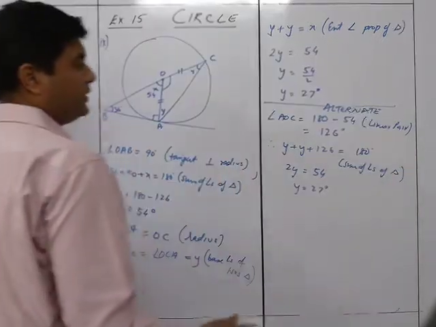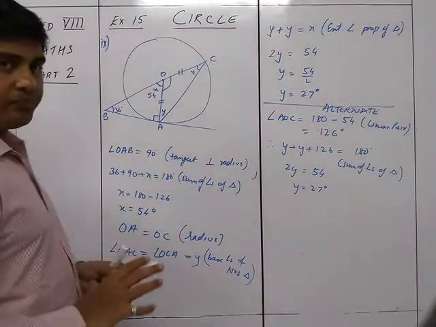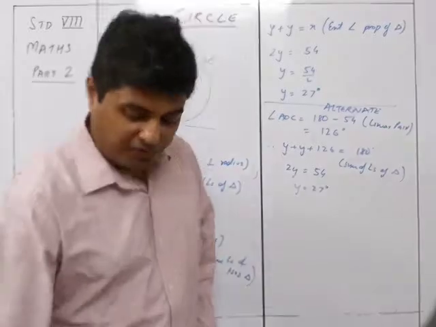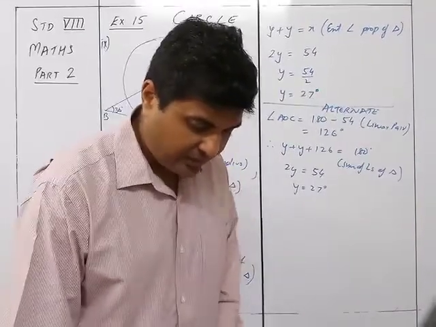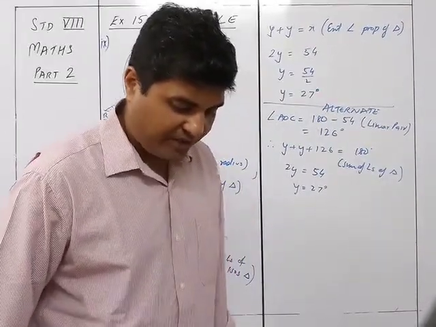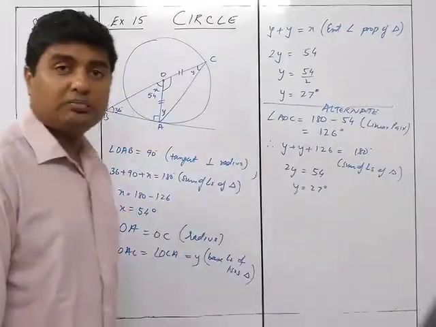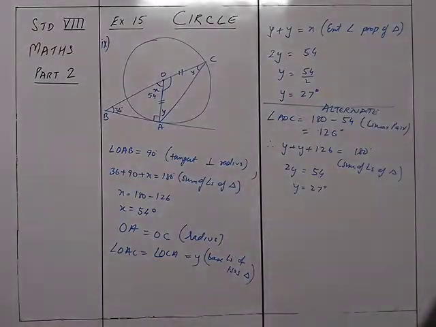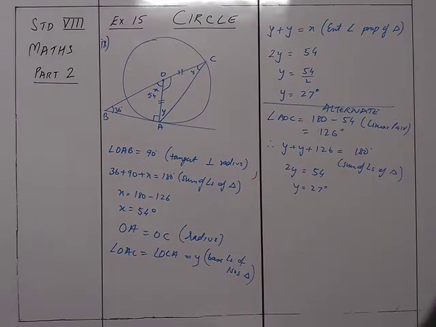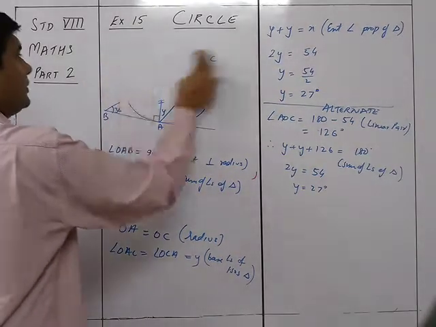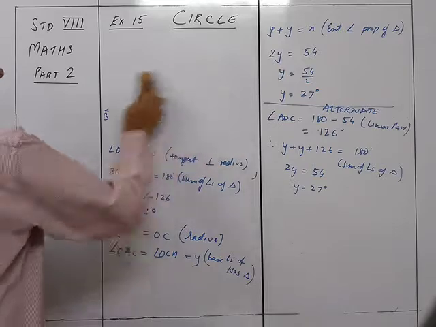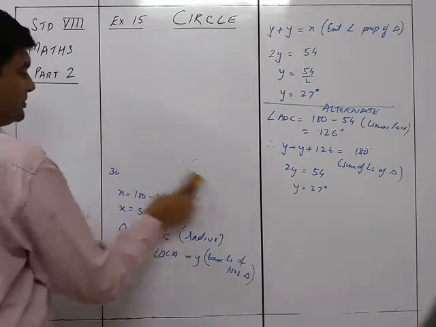So this is about sum number 9 of question number 5. So these were the sums for question number 5. We now move on to question number 6. So we'll take the first sum of question number 6.